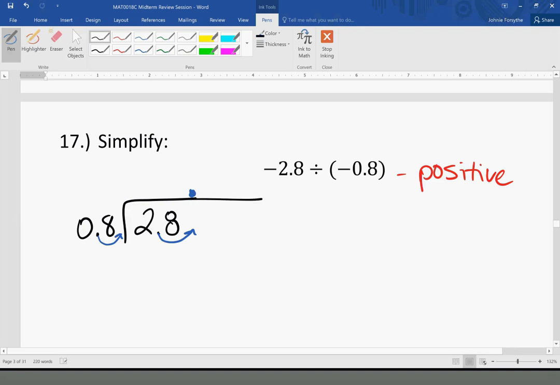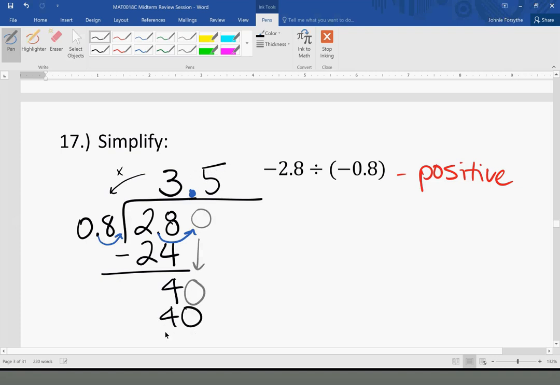So 8 goes into 28 how many times? 8 times 2 is 16, 8 times 3 is 24, 8 times 4 will give us 32, so 8 goes into 28 3 times. Then we're going to multiply. 3 times 8 is 24. And then we're going to subtract. 28 minus 24 is 4. And then we're going to bring down a 0. And then we're going to go again. 40 divided by 8. 8 goes into 40 5 times. 5 times 8 is 40. We subtract with no remainder, so the answer is going to be positive